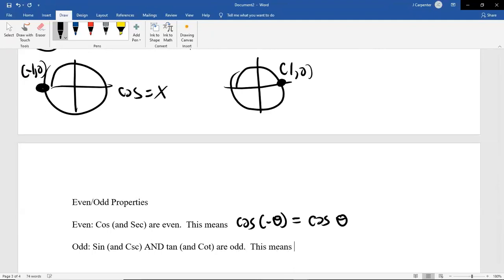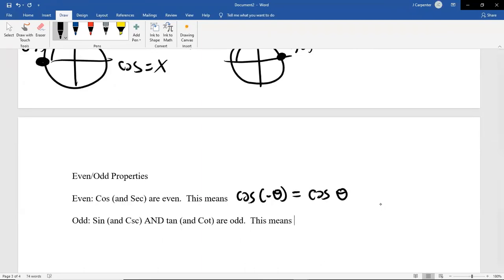This means is, scroll down a little bit, the sine of a negative angle is the same thing as the negative sine of the positive angle. Remember, when an angle is negative, that means we're swinging clockwise instead of counterclockwise, which is very atypical for trigonometry. We don't do a lot of